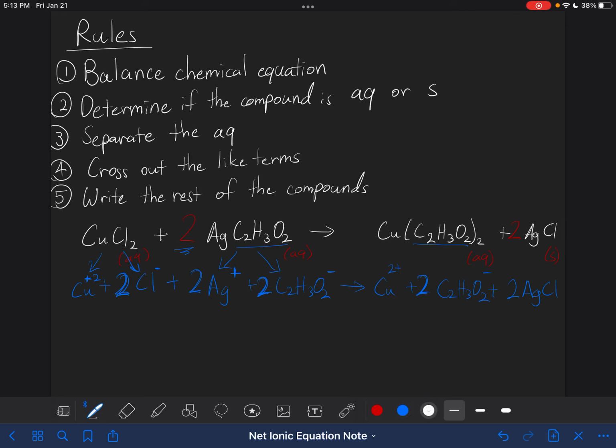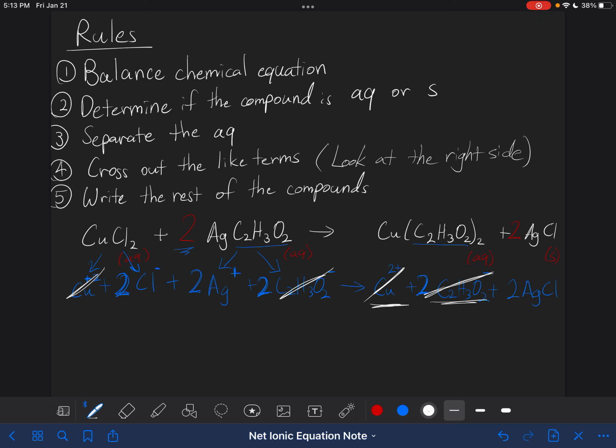Last but not least, step 4, we're going to cross out the ones that are like terms. Now the key to doing number 4, I would say, is look at the right side. Okay? It's easier that way because if you look at the right side, we can see that those that are separated are acetate and copper. And so I'm going to cross out copper, cross out acetate,